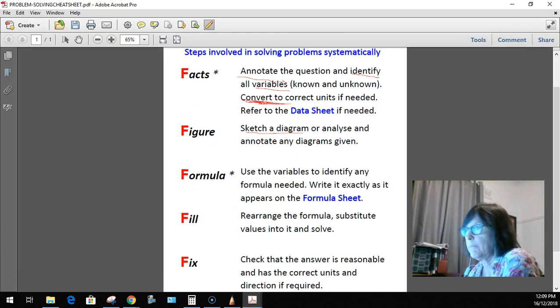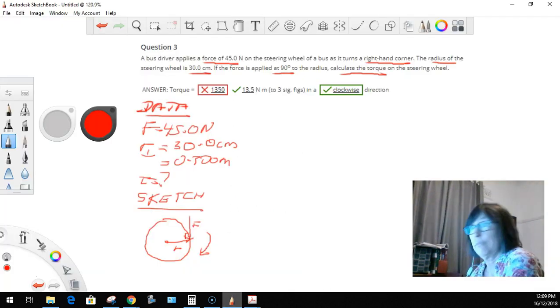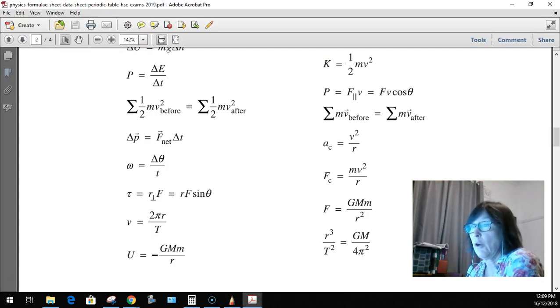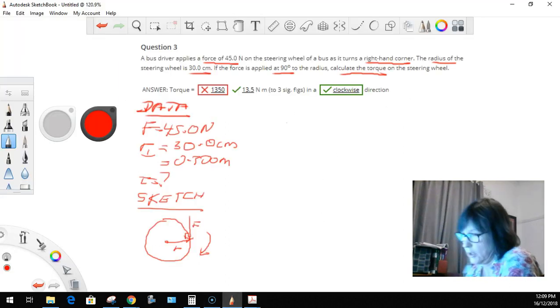Next step, use the variables to identify any formula needed and write that formula exactly as shown on the formula sheet. So we've got force, radius, and we're after torque. So obviously it's going to be our equation for torque, and it's this one here. In our workings, write the formula exactly as shown. Torque